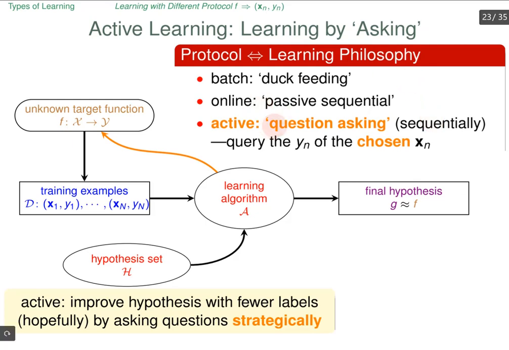And in active learning, the improvement is based on strategic question asking with fewer labels, hopefully. And in our flowchart, we have this arrow going to the unknown target function. Depending on the type of strategy you select in active learning, you can ask questions related to the unknown target